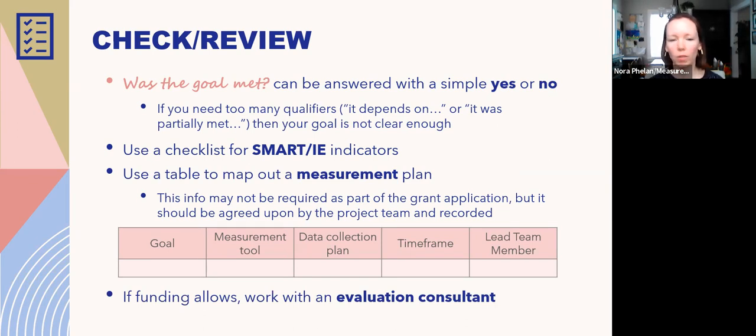And even if you're short on funding, you wouldn't necessarily have to engage an evaluation consultant to be involved in the whole grant from beginning to end, but even if you could have someone give 2 or 3 hours of their time to look through your application or your goal matrix or whatever you have and give you some feedback, even just for a few hours could potentially really pay off later on, because they can flag up these types of questions. Did you think about this? How's that going to work? Just that sort of sounding board, I would recommend as well, if possible.